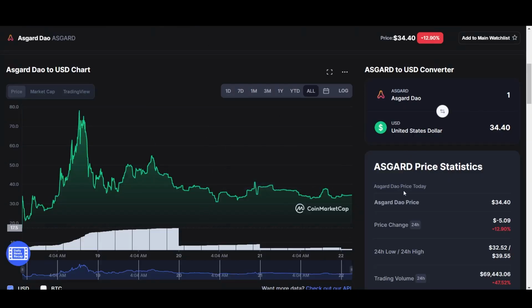If we take a look at Asgard DAO, it's currently trading at $34. It did hit the markets 4 days ago, and there was some sense of euphoria there. It did run up almost to $80, and then we did have some profit taking and a sell-off. In addition, we are seeing DAOs going down, but this is holding currently at the $34 mark, and I like this stability here. It's been here for the past 2-3 days, and it's holding above the $30 mark, and I do like that about the DAO in the short term.